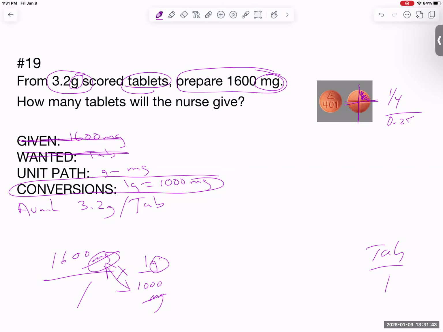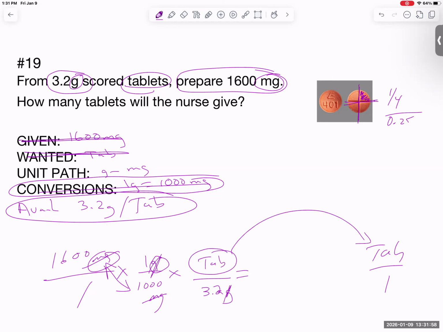Now, how do I get rid of grams? I'm going to use what's available because it's in grams. So I put 3.2 grams in the denominator and tablet in the numerator. Beautiful. When I look, everything is crossed off except the unit of measure tablet, and that's what I need in the numerator, and that's where it's located. So now it's just math. Across the top, 1,600 times 1 is 1,600, and then 1,000 times 3.2, I gotta do the math here, that will give me 3,200. I just like to be careful. So then I put in 1,600 divided by 3,200, and that will give me